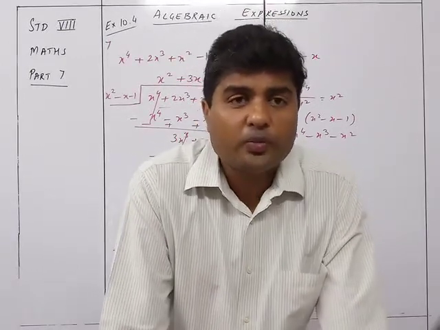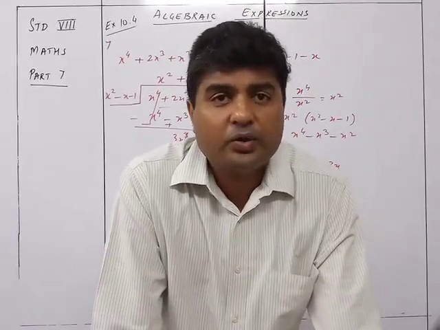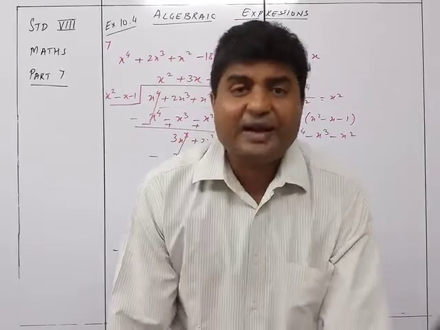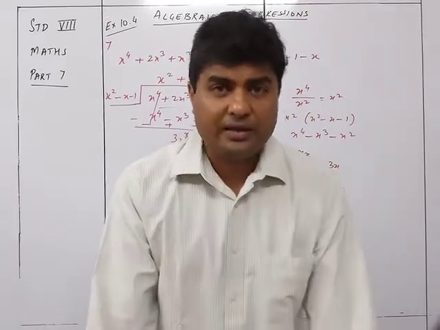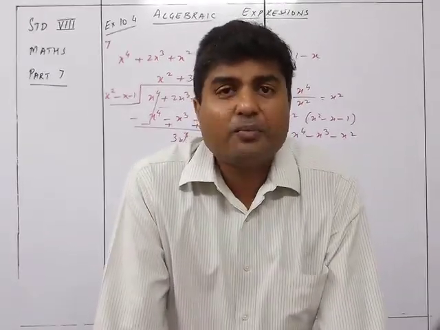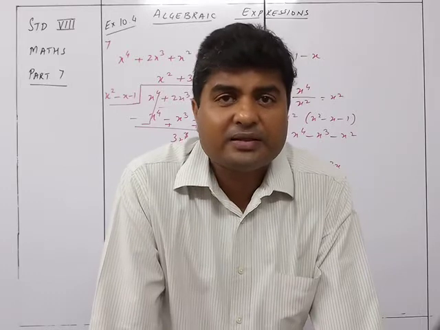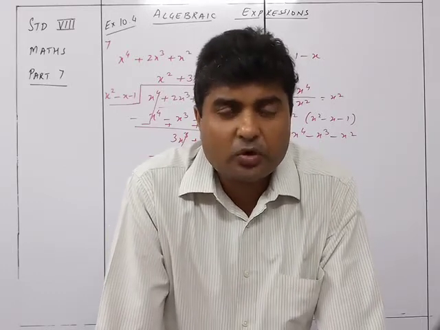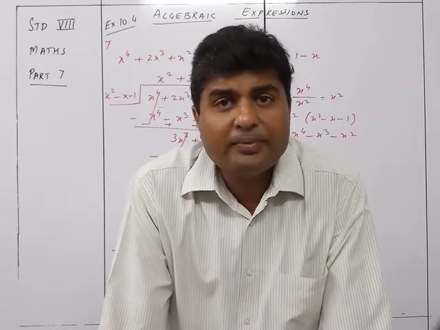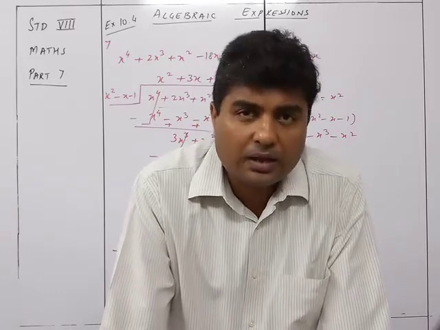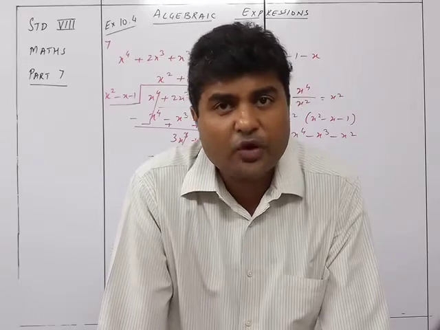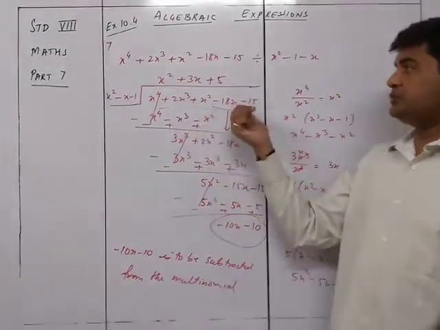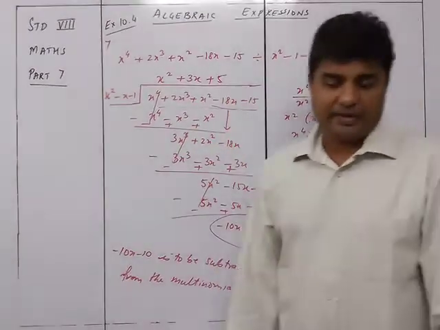So when you want to get the perfect remainder, what you need to do is subtract the remainder. Like for example, if I tell you that if I divide 10 by 3, okay, what should be subtracted from 10 to make it completely divisible by 3? So you know that 3 3s is 9. So automatically if I subtract 1 from 10, I get the answer. So I need to subtract 1 from 10. Similarly over here, whatever is the remainder, I am subtracting from this particular polynomial to get the complete answer.